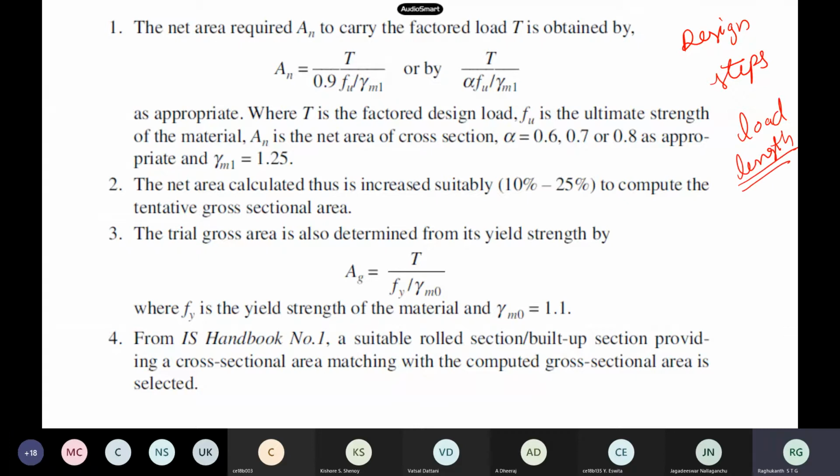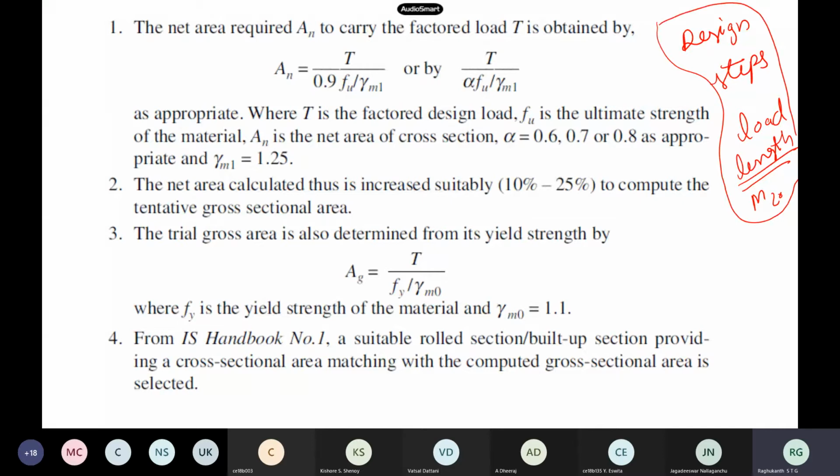The bolts also may be given, like what bolt is available in the market, and then the steel tables also give you the minimum bolt diameters or the size of the hole you can put in the flats or even the angle sections. Based on that you decide what the bolts are, and others will also be available, M20 or M16 or something. So these details will be provided in practice.